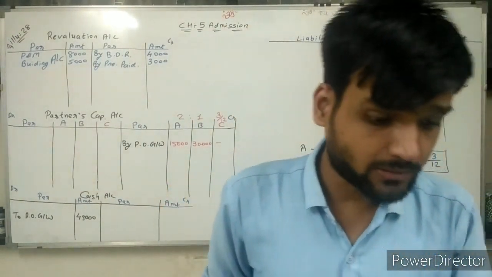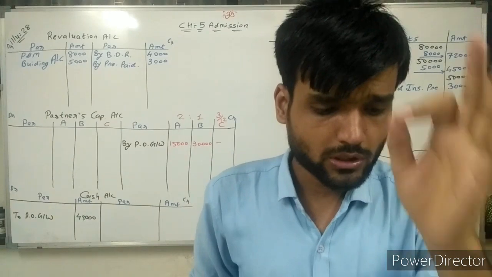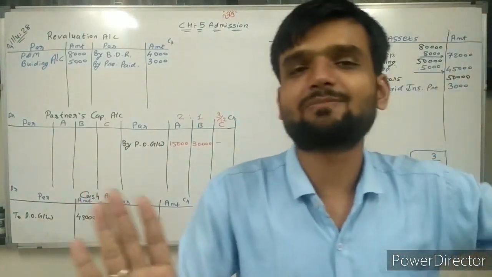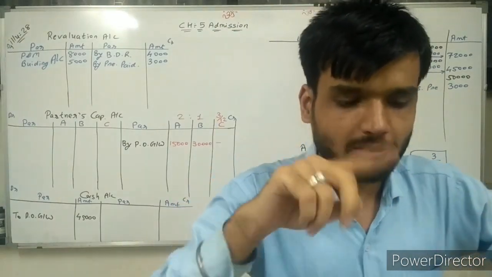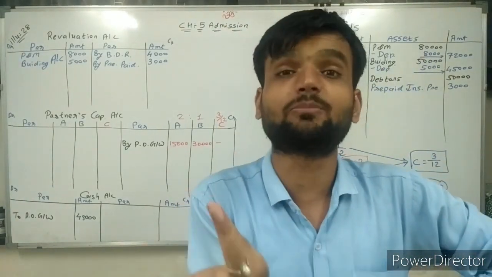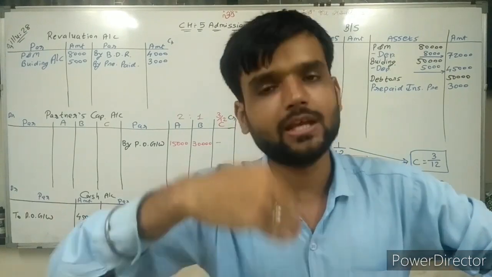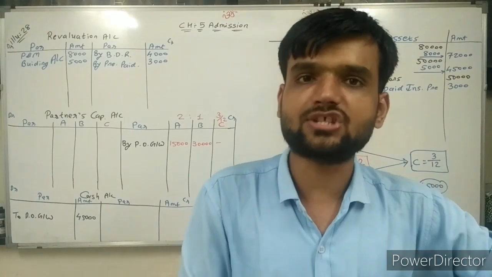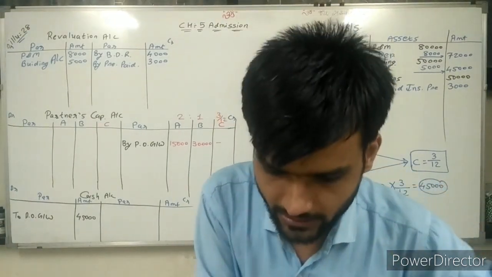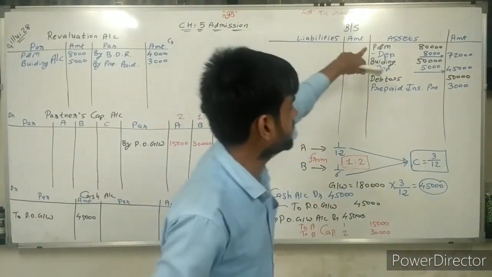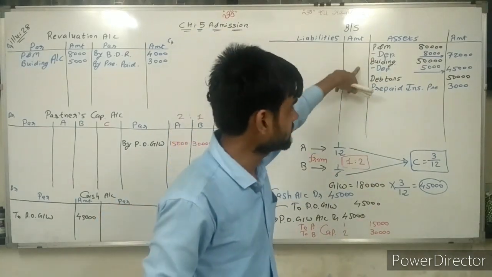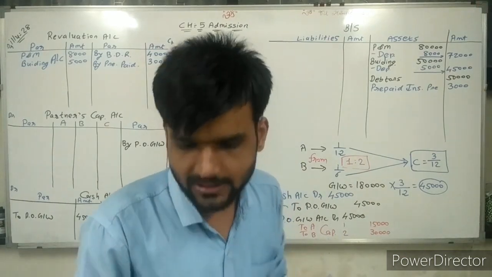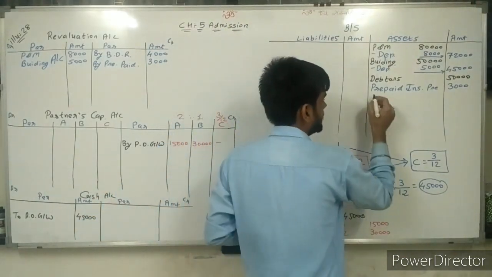Now nothing else is given. Prepare the necessary accounts and the balance sheet. That's it. So all the adjustments are clear except one. C will bring proportionate capital. What it means, we don't know. Doing it later. Don't worry. Now what is remaining in the balance sheet? First of all we are clearing that. Plant and machinery are done. Buildings are done. Stock is not written. Stock is given 17,000, so write down stock 17,000.